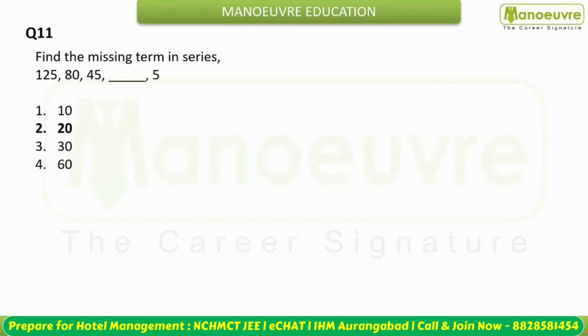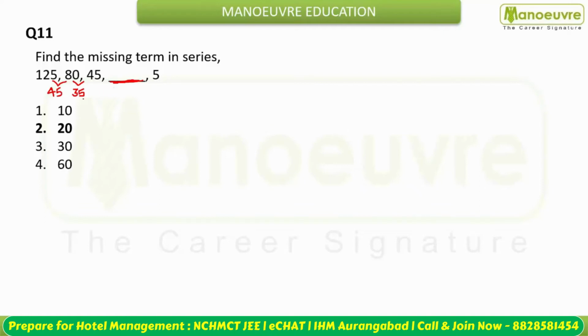So our next question is from the missing number series. You are given 125, 80, 45, blank, and you have to find the next number. What you have to do is just take out the difference. Firstly, the difference between 125 and 80 is 45. Next, the difference between 80 and 45 is 35. So now you can see the double difference is getting